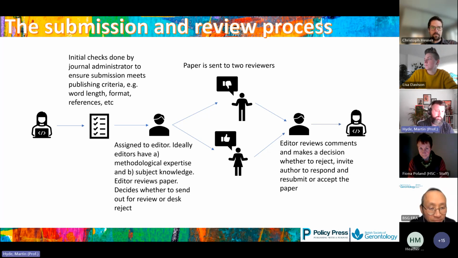And then the bit that I suppose most people are maybe even less aware of is this first stage in the process, which is undertaken by the journal administrator, that often checks that the submission meets some of the requirements of the journal itself. So things like word count, proper formatting, whether your abstract is structured or unstructured, whether the references are in the appropriate order. So that's also an incredibly important part that I think some authors maybe don't necessarily give sufficient credence to,